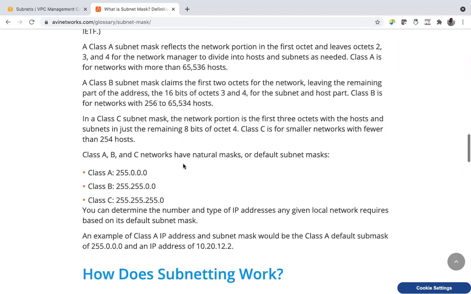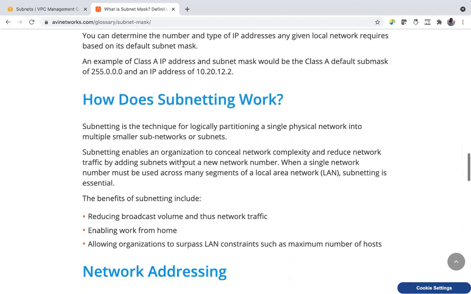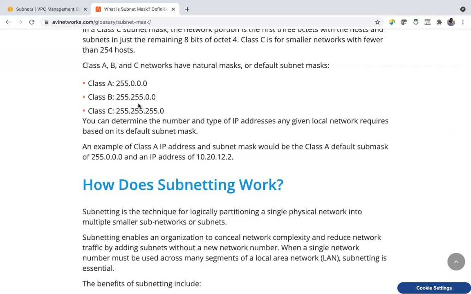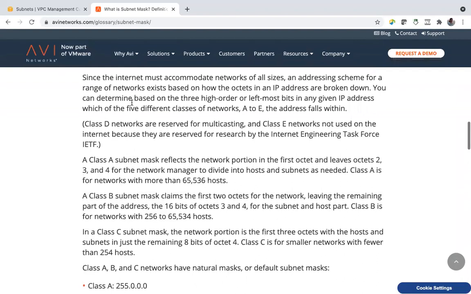See, this is class A, class B, and class C. How it depends on different networks. Class A, class B, and class C have different subnet masks.